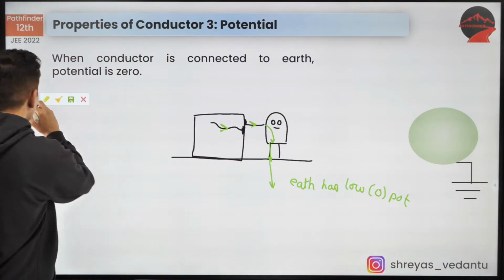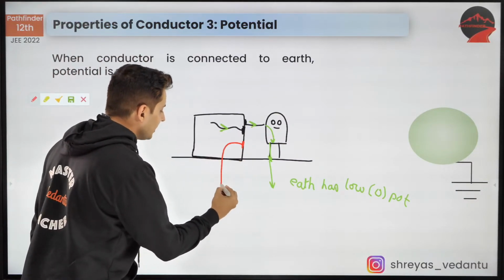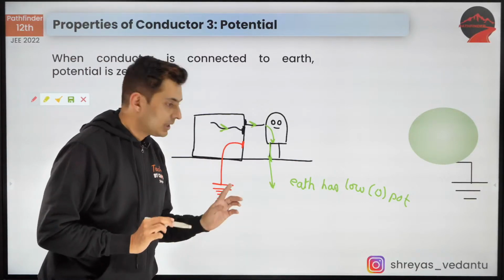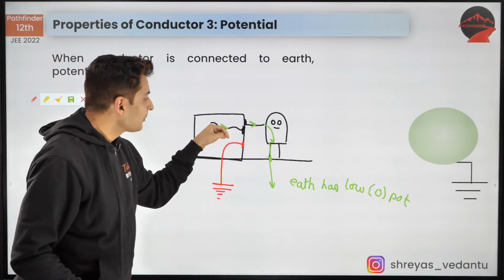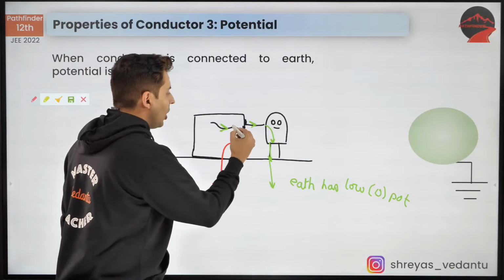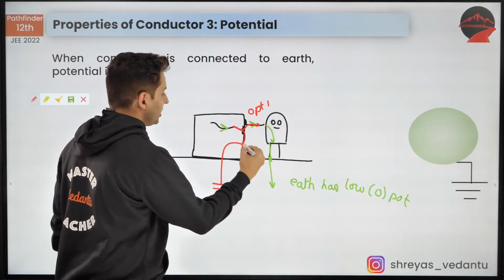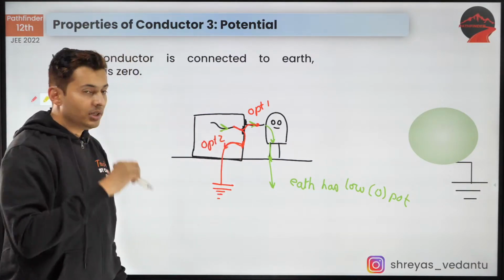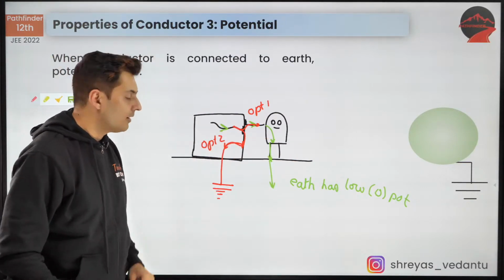Now, you don't want Pandu to get shocked. So what you do, you create another wire touching the body, and that is inserted inside the earth. This is a symbol for earthing. Now, because the current has leaked, as soon as it touches the metallic body, it has two options. Option 1, to go from here. Second option, to go from here. Now, which option do you think the current will prefer? To go via Pandu or to go via this earthing wire?